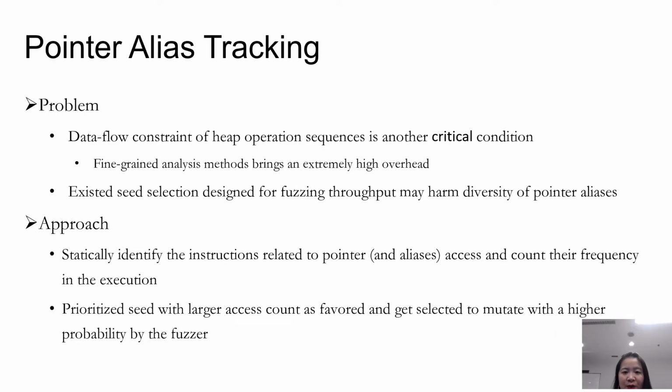In addition to heap operation sequence feedback, the diversity of pointer alias is another critical factor for finding heap-based temporal vulnerabilities. As fine-grained analysis methods bring an extremely high overhead, we statically identify the instructions related to pointer and alias access to count their frequency in the execution. As seed selection designed for fuzzing throughput may harm the diversity of pointer alias, we prioritize seeds with larger access count